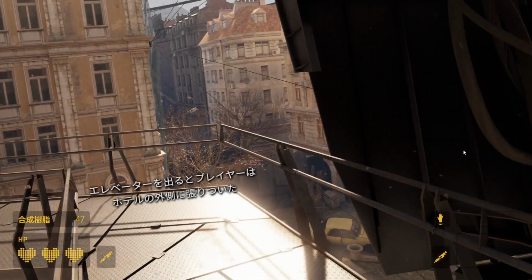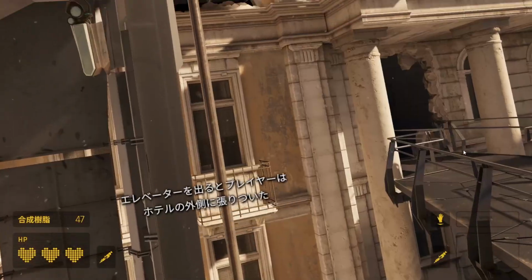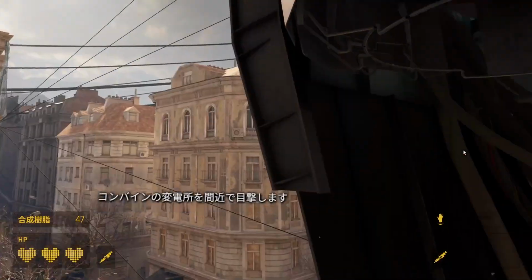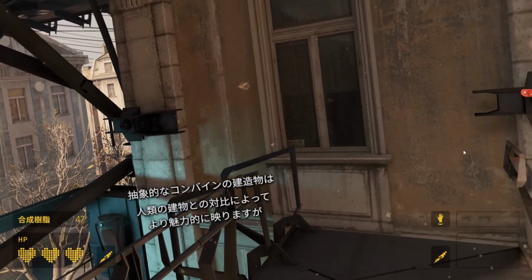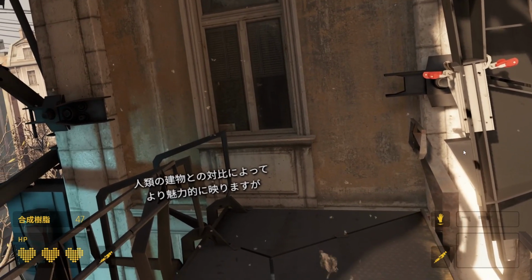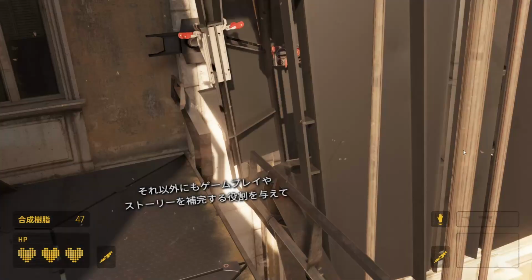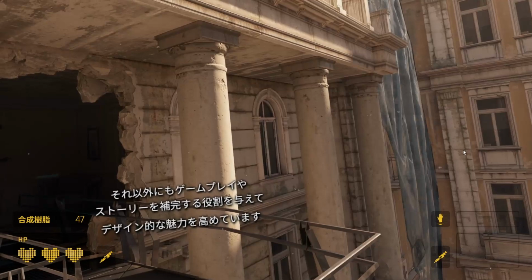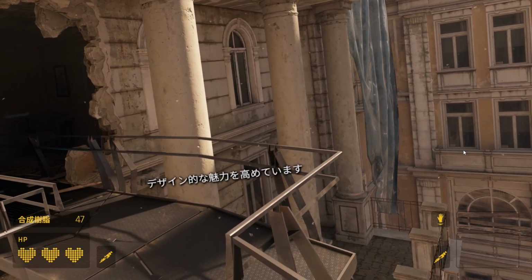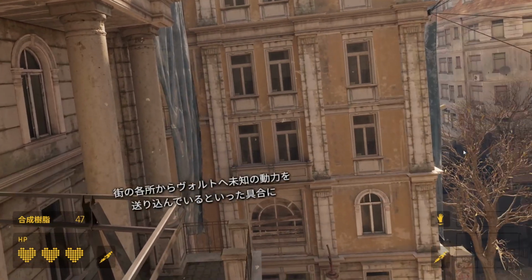After exiting the elevator, the player gets their closest view yet of the Combine substation attached to the exterior of the hotel. While the Combine architecture can veer into the abstract, it's often at its most successful when contrasted with a human structure. Beyond this, we always try to drive the visual design with an invented function, ideally to support the gameplay or story. In this case, the routing of some unusual power source to the vault from various parts